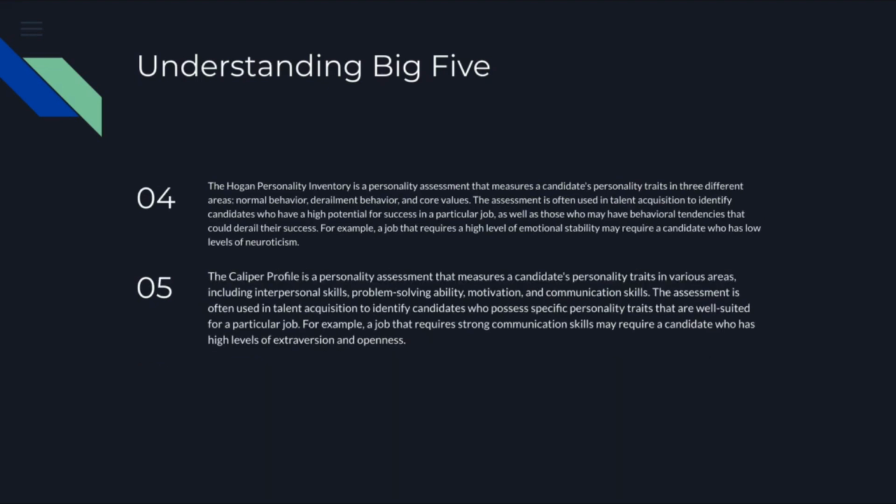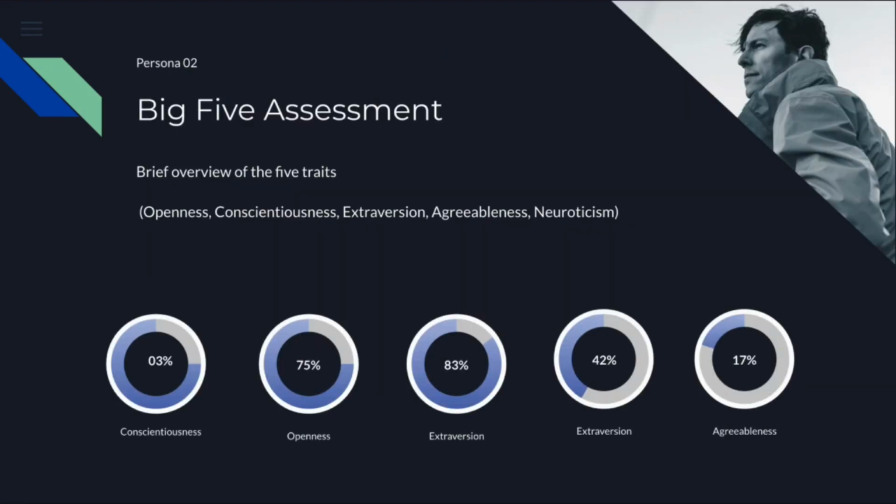The Hogan Personality Inventory is the assessment that measures three different areas: normal behavior, derailment behavior, and core values. And finally, the Caliper Profile is the personality assessment that measures talent's personality traits in such areas as interpersonal skills, problem solving ability, motivation, and communication skills. So, all those are different assessments, but here we will be focusing on the Big Five